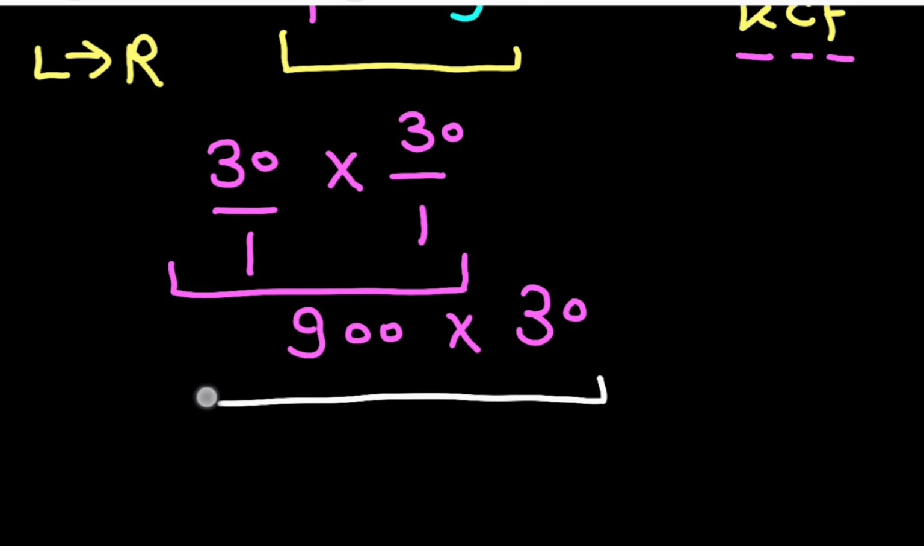That this expression equals 3 times 9 gives us 27. And we have 3 zeros. So the final answer is